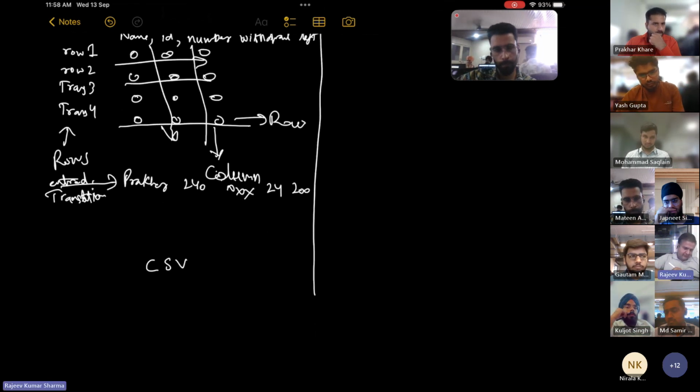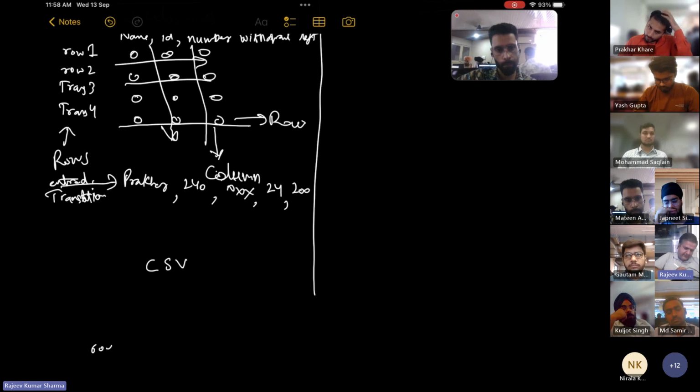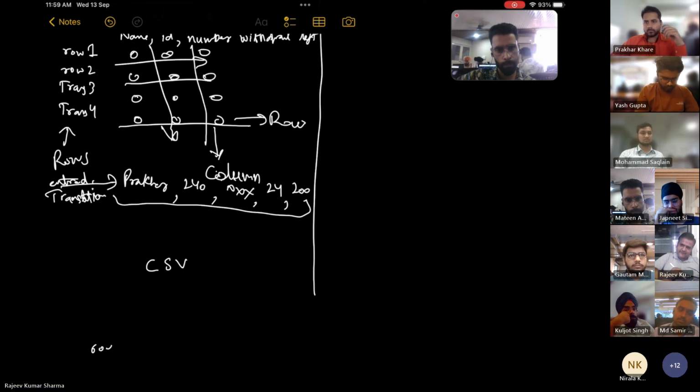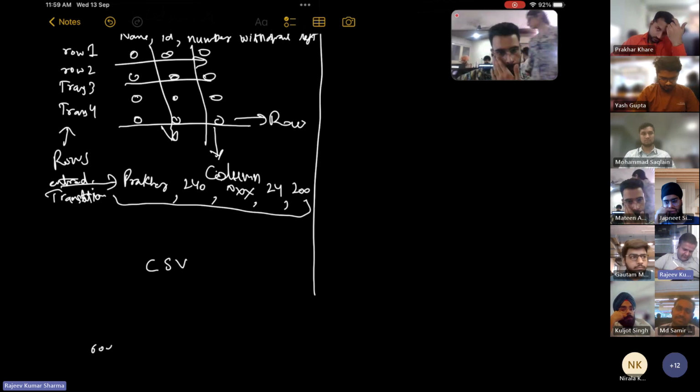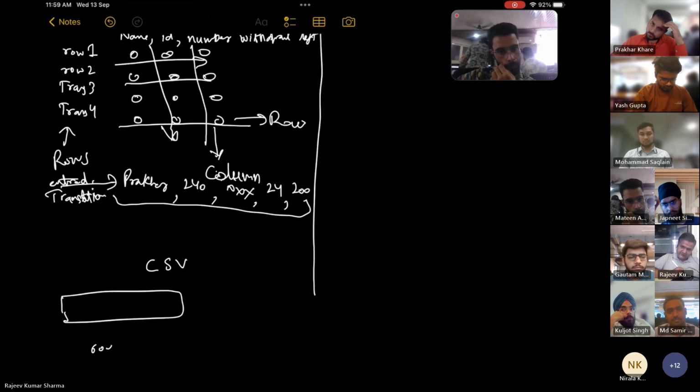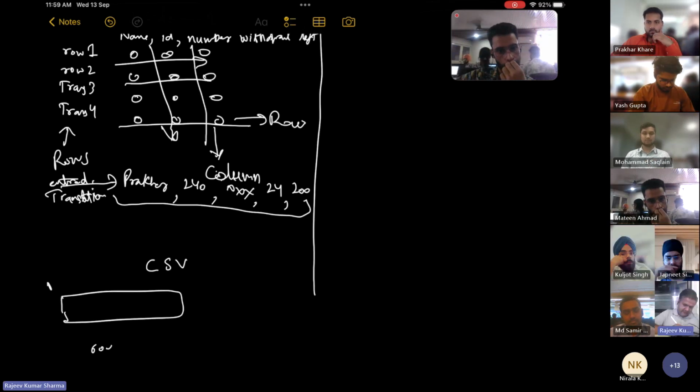So in that CSV file, what will happen? A new row of these transactions, separated by commas, will be added in a new line. Fine. So the file will grow by a few kilobytes, or whatever the size of the data is, but the data will be added in row form. A new line will be created with these values. So in this row-oriented database, the actual data is stored inside the hard drive, in files, in row structures. It means the first block of the hard drive will be having